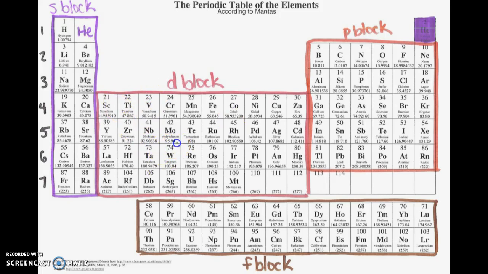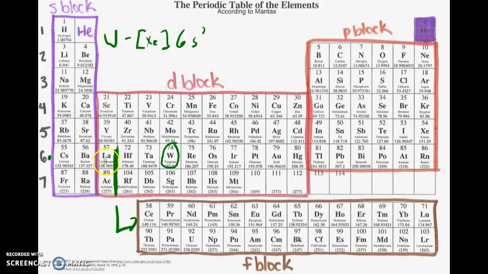Let's do tungsten, as in the filament of the old incandescent light bulb. So if I'm doing tungsten, I'm doing it the shortcut way. I'm going to go back to the last noble gas that I passed, which is 54, Xe, xenon. And that got me all the way there, which is another way of saying right here. So now I just have to do my